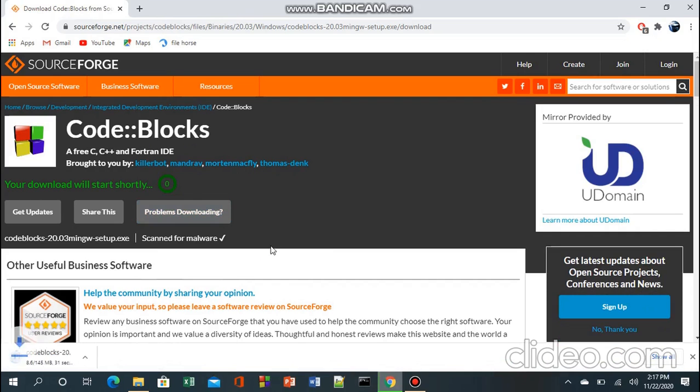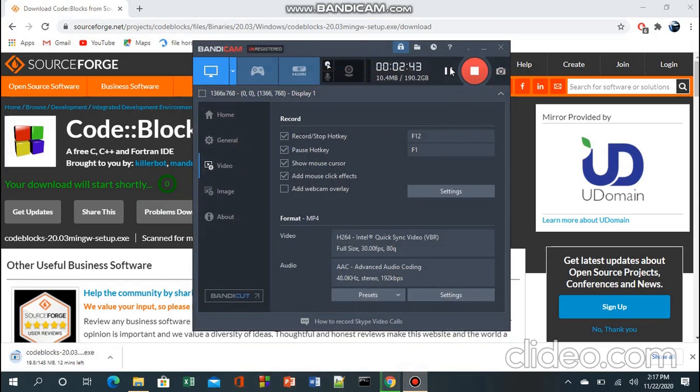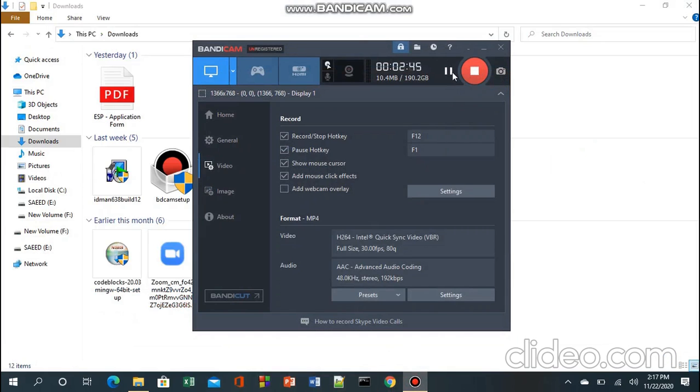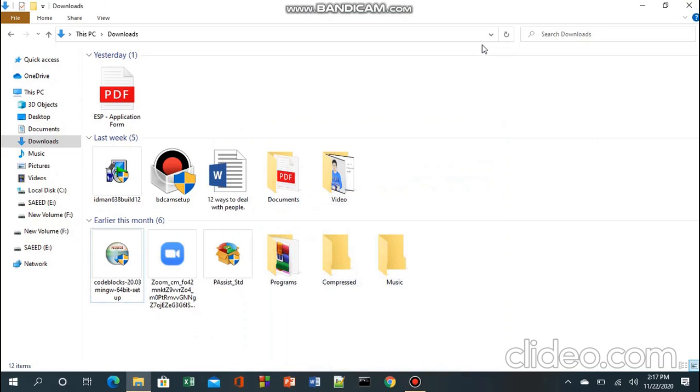Now you can see that my download has started. It will take some time. And guys, now you can see that the setup has been downloaded from the website and has come into my download folder. Here is the CodeBlocks setup for the 64-bit operating system. I will just double click on that setup,